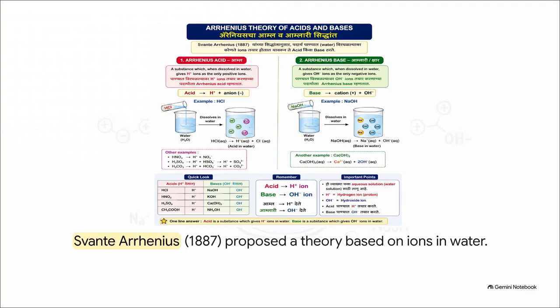To find our answer, we have to travel all the way back to 1887. Swedish scientist Svante Arrhenius यांनी acids आणि basesची एक groundbreaking theory मांडली. His core idea was actually pretty simple, but totally brilliant. He said the secret to identifying an acid or a base lies entirely in what happens when a substance dissolves